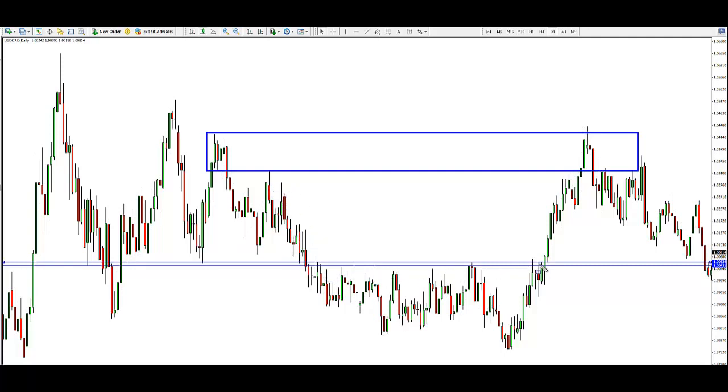I would be looking at this and saying this is a very well defined range which has been going on from January to April 2012. This is multiple months, and once we have a breakout of it, I expect a decent breakout. I'm not expecting price to come back and have a false breakout of it. If it does, then I'd happily take a loss, because that's not what I'm looking for when a long-standing range is broken. That's a major